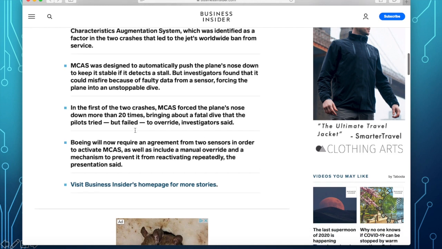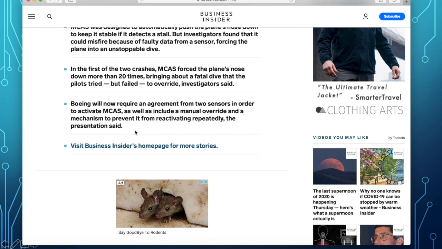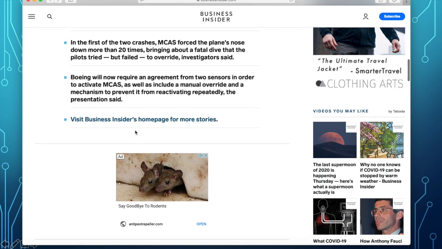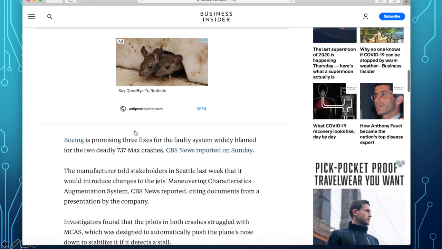And the pilot tried to mitigate this by pulling the nose up again. But what happened? MCAS keeps on pulling the nose down, and when that happens, there is no control left, the pilot couldn't control the airplane. The airplane crashed to the ground. Okay,